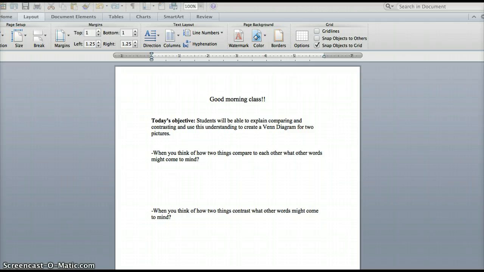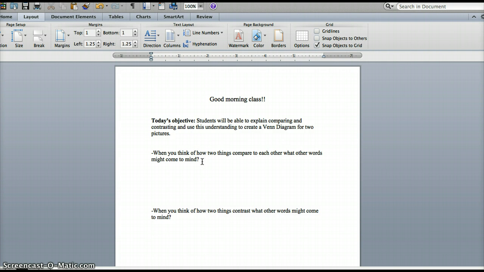We can compare and contrast images, we can compare and contrast songs, and stories. So today we're going to talk about what comparing and contrasting is and how we compare and contrast different things to create a Venn diagram. So when you think of how two things compare to each other, what other words might come to mind? You might think about